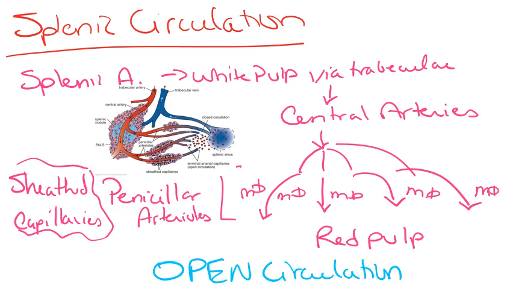Okay, so this brings us to our final concept, the splenic circulation. The splenic artery will go into the white pulp via the trabeculae, and from here we'll go to the central arteries. Then, from the central arteries, we branch into a smaller form, the penicillar arterioles, which, as we saw in the previous slide, have a perpendicular basal lamina to our long endothelial cells. From this point, the perpendicular cells will enable the macrophages to reach in and sample the blood that's traveling through in order to remove the